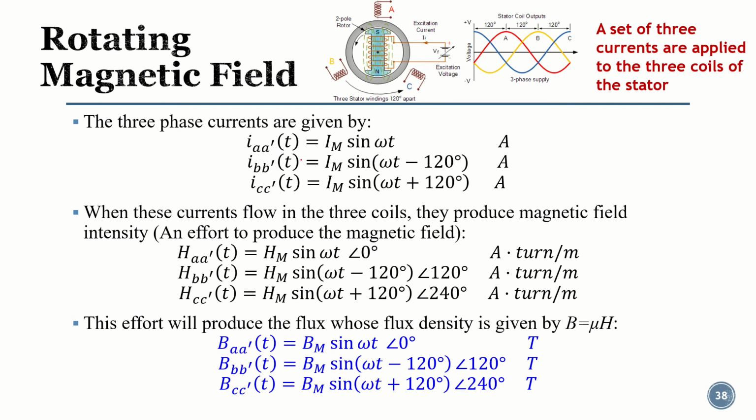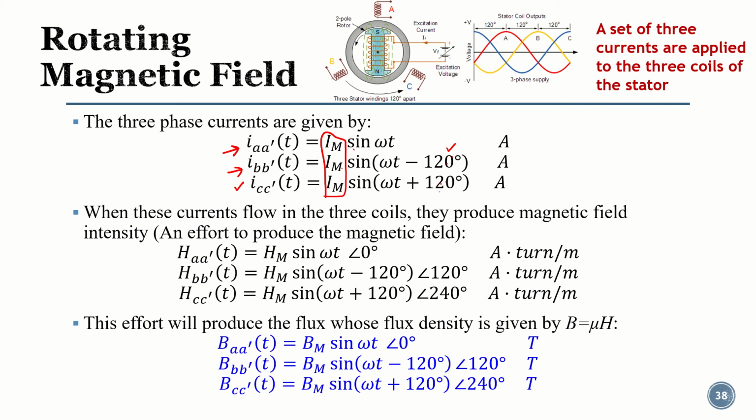Let's assume that the input supply for this coil A is this. This is the supply for the coil A. I am supplying the input supply of Im sine of omega t. The supply to the coil B, the second pole, is the same magnitude but with a phase difference of 120 degrees. Then for C, the same magnitude is fixed, but with a phase difference of 120 degrees from the last one.